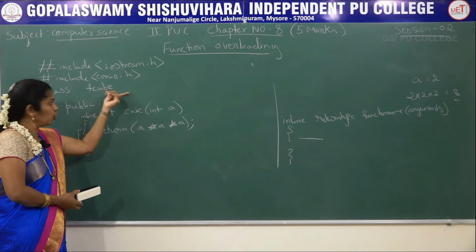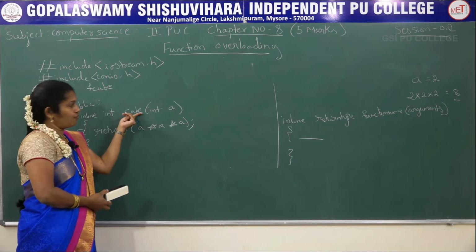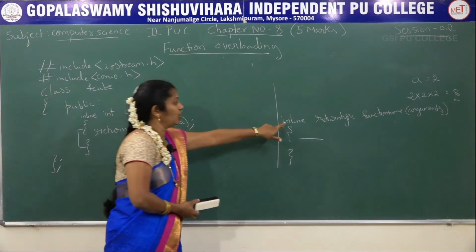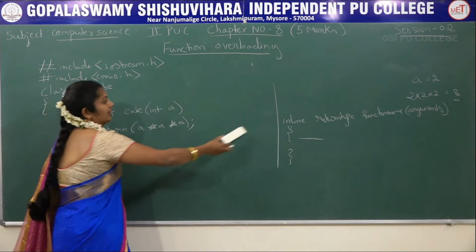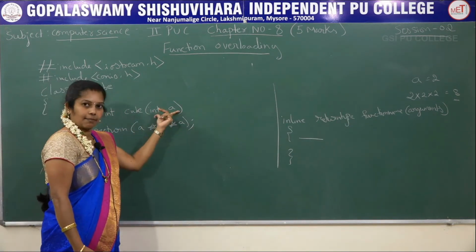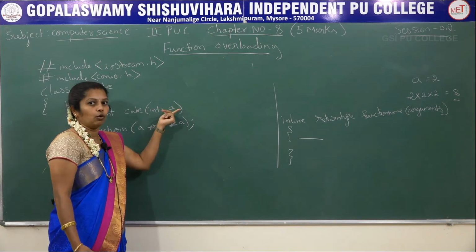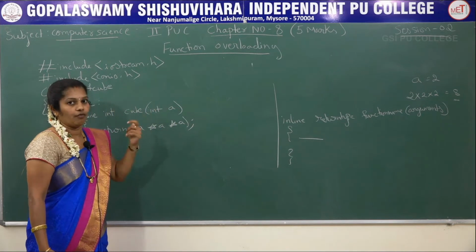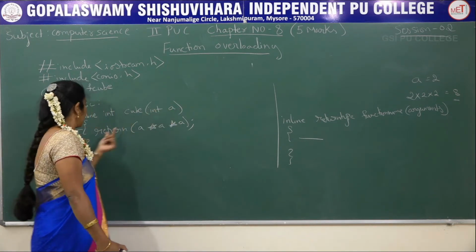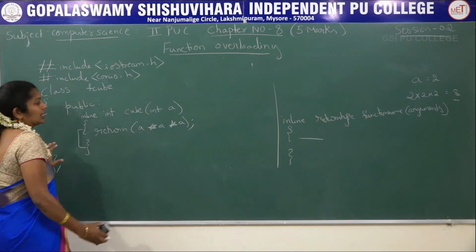Fcube is the class name, cube is the function name, and int represents the return type. See the syntax? First we write inline, then the return type, fcube is the function name, and inside the brackets is the argument. I am taking only one argument because I want to find the cube of a number. That's why only one argument is required, that is int a, then return a into a, then close the function, then close the class.